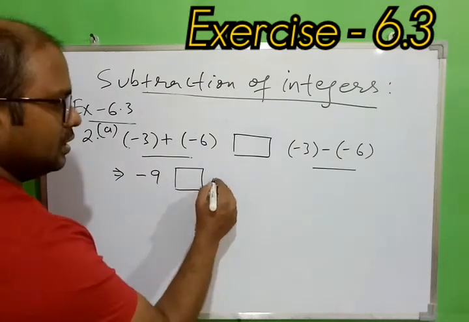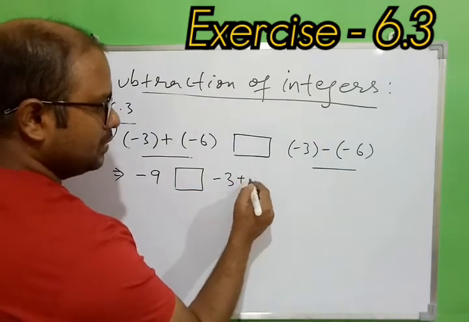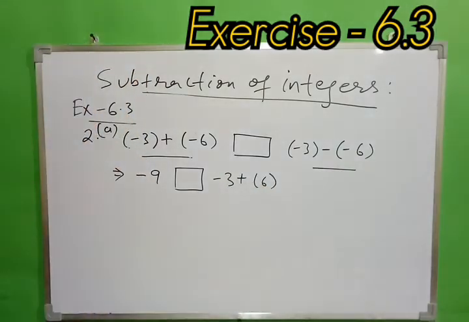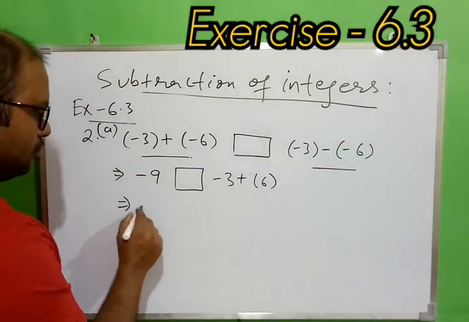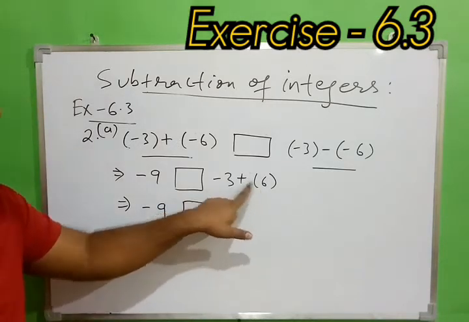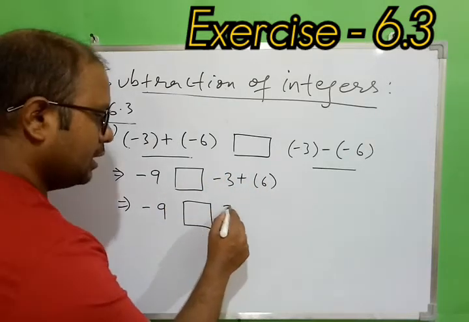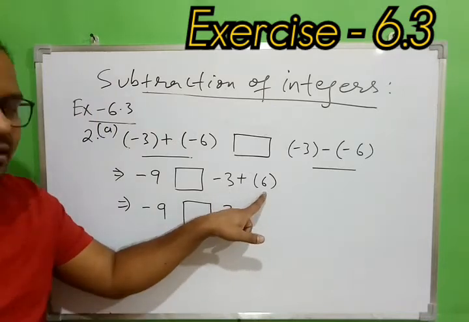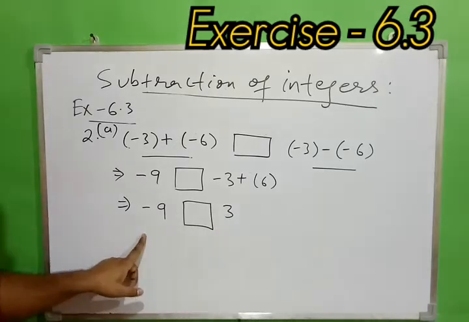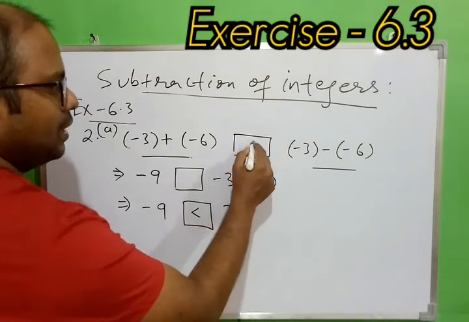So this side we have done the calculation. This side it is minus 3, and we know we have to convert this minus into plus. What is to be done? Plus, and minus will be converted into plus only. Okay, so let's continue. So this is minus 9. Now it is minus and plus. So we know negative and positive are always subtracted. 6 minus 3 is 3, and 6 is greater than 3. In front of 6 we have positive, so we have a positive answer. And now we can compare 3 and minus 9, which is greater? 3 is greater. So we can say finally this is the answer.